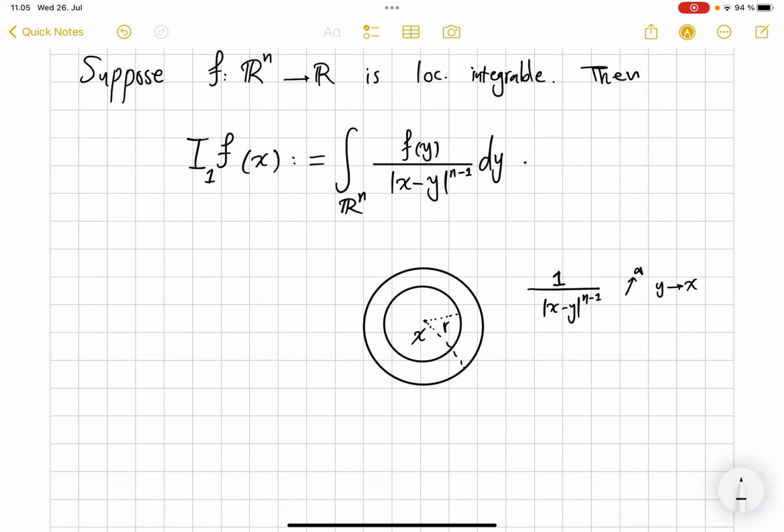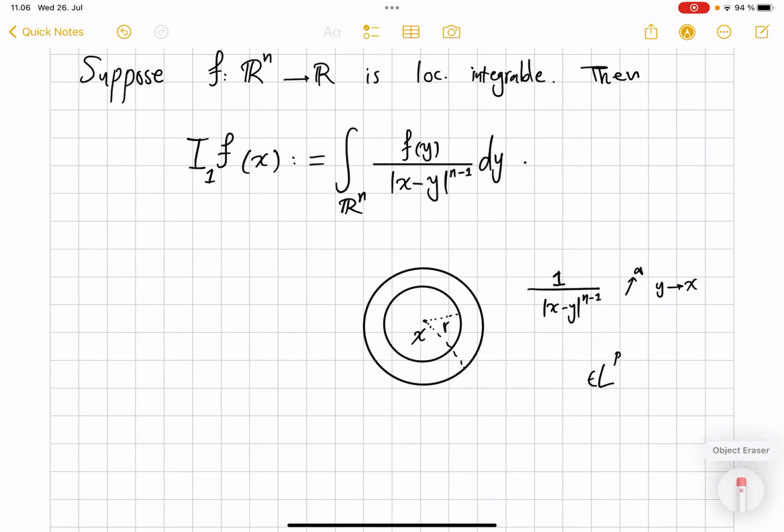So if the function f(y) is, say, near infinity around this particular x, this will be even worse because it will be helped by this factor. But remember, f itself is locally integrable, so for example, if f is integrable, say in L^p, then